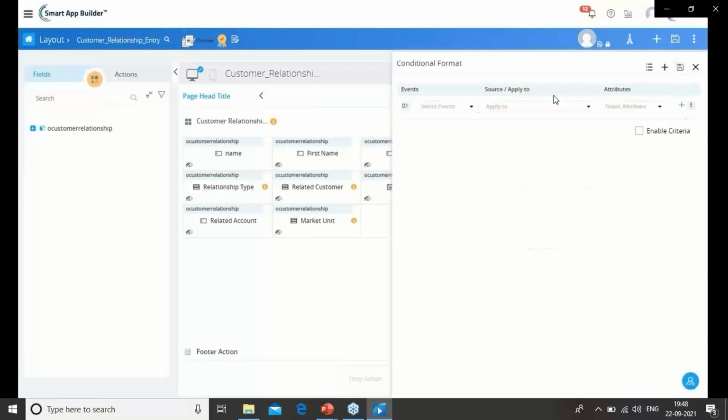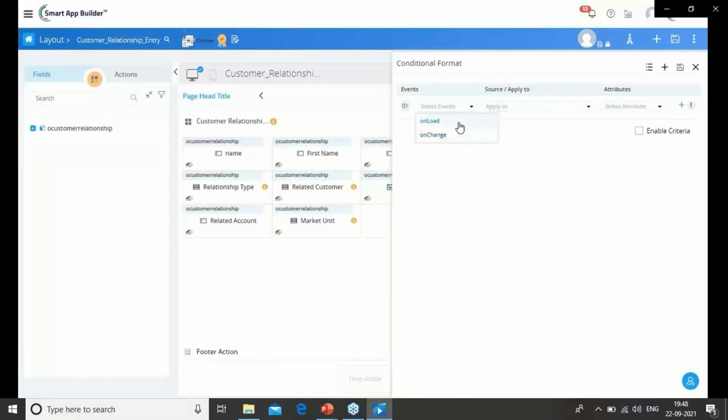Click the add icon. Okay. Events. An event is used to trigger changes based on the condition met, which is defined by fields available in the page layout. There are two types of event. The first one is on load and the next one is on change. On load is triggered when the page is loaded. On change is triggered if any field value of the page is updated after the page is loaded.